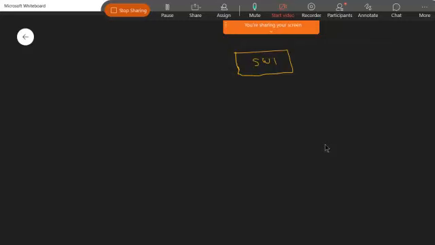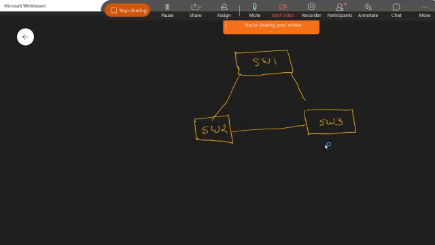Switch one, switch two, and here is switch three. Okay, so all the switches we have are in this network. I'm going to describe, first of all, the STP terminology.